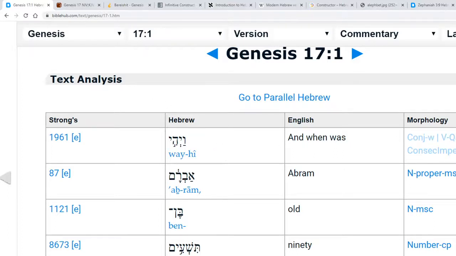So that's what's going on here, and then it's third person masculine singular, okay? And here they have the English, and when was in context, that's how they're translating it. I'll probably agree with them, but this is just the word vayehi, and this construct starting with a vav and then having a word in the consecutive imperfect, they call it, because of that vav. That starts a lot of sentences, and in fact a lot of chapters, and that's why you see the and so much in some translations of the Hebrew. Okay, vayehi